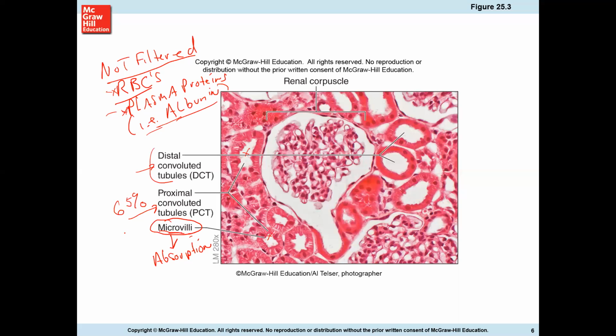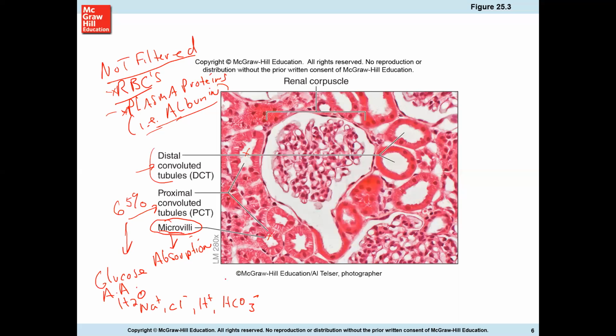Now, what's reabsorbed from the filtrate? This is your glucose. Should never stay in the urine. That should be reabsorbed in the PCT. Your amino acids, some water. Water is absorbed later on, and sodium, right? Chloride, hydrogen, bicarbonate ion,